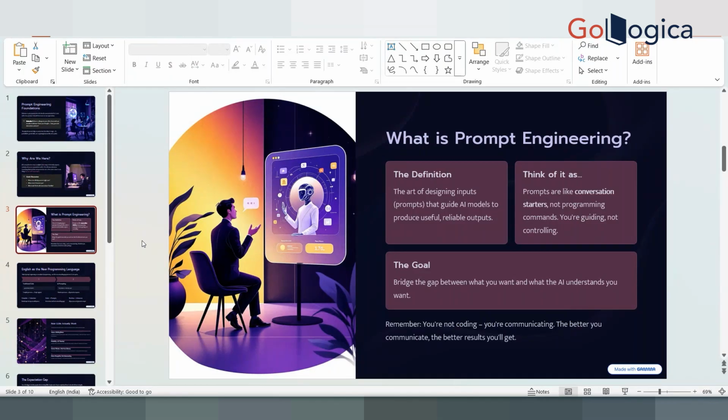So it's not a programming command that we are giving, because AI models don't understand programming commands. If you write a good program about making something take some action and put that program into the prompt of any AI model, the AI model will probably explain to you what the program does instead of doing as per what the program says. So it's not the program; it's the theory of the program that you are explaining. So you are guiding, you are not controlling.